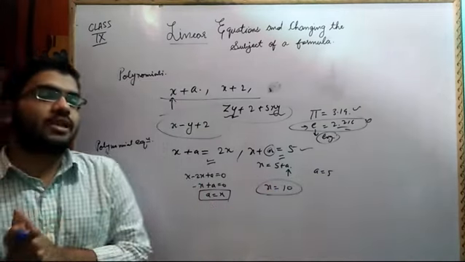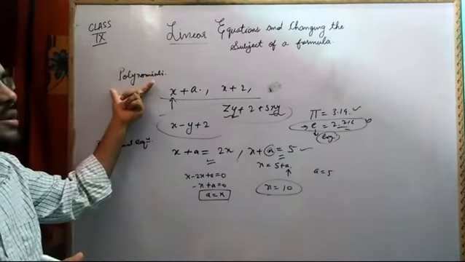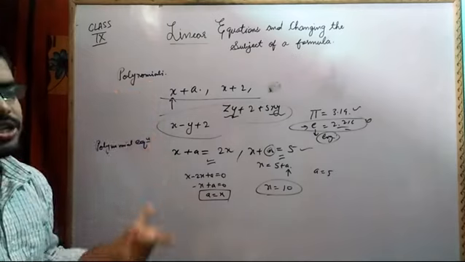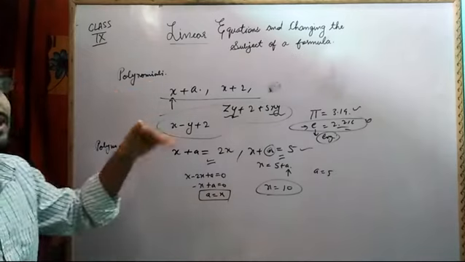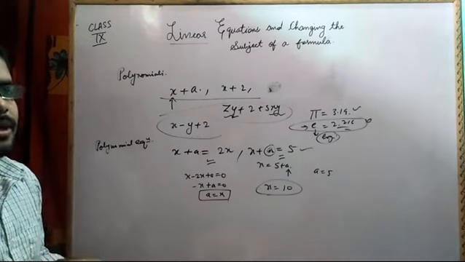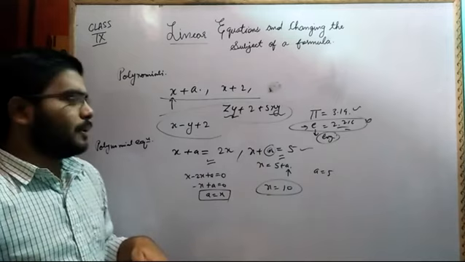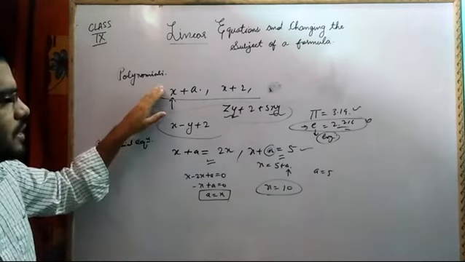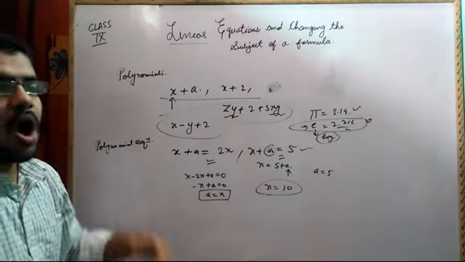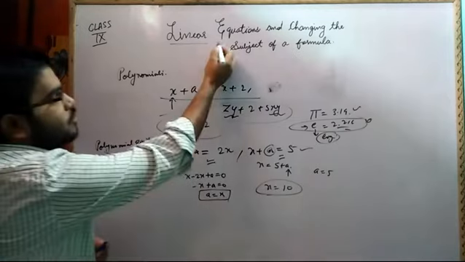So what I am trying to say here is, first of all, what is a polynomial? It is an algebraic expression of constants and variables which are operated with the help of mathematical operations: plus, minus, division and multiplication. And when a polynomial is compared with another variable or a constant, it becomes an equation. You understood this part.